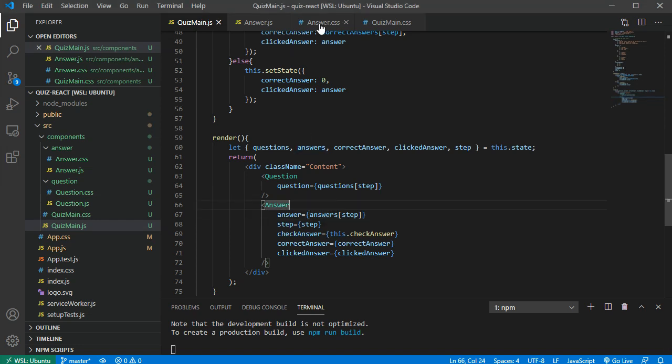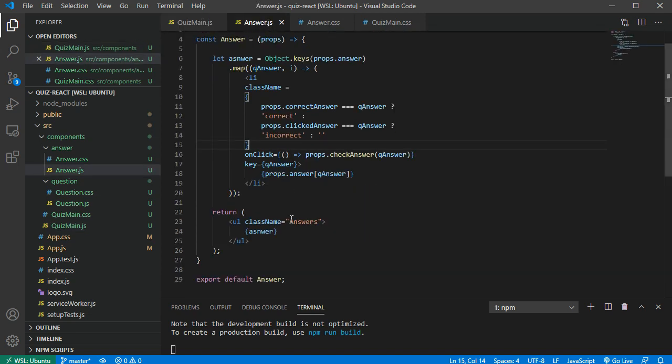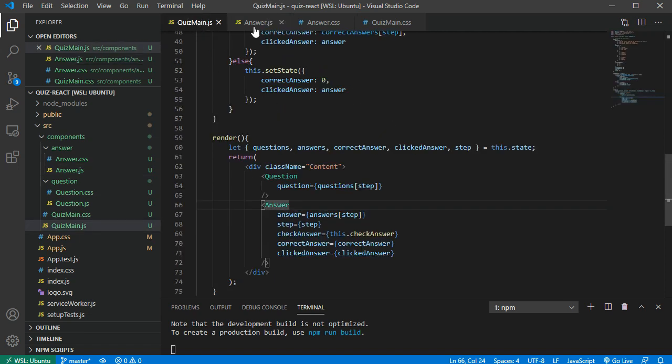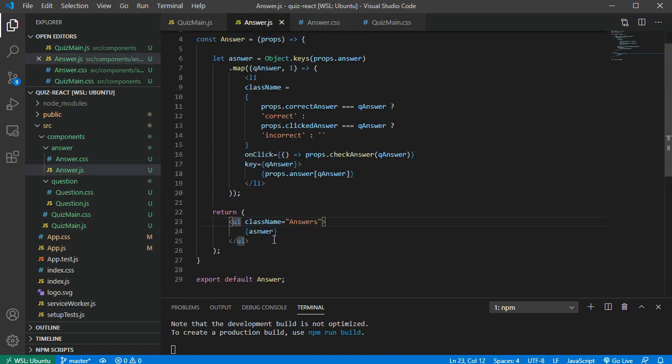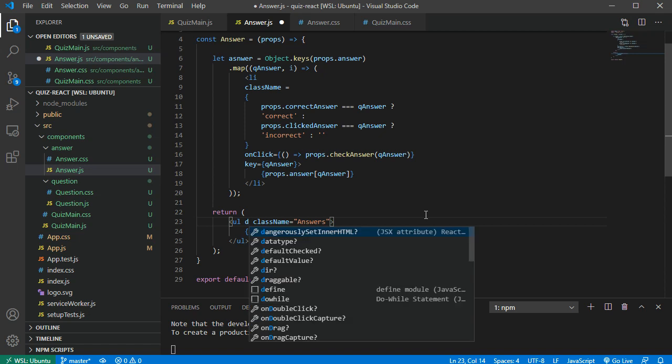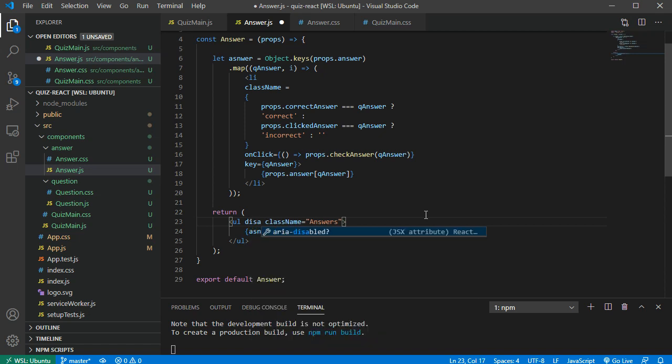Okay, I think the easiest way would be to go back to our answer.js and where we have our UL, because we want to disable just the list. We don't want to disable the whole content class, because we'll have to add buttons and stuff. So let's do that here. UL. So here is going to be an if statement. So we'll have this tag disabled,